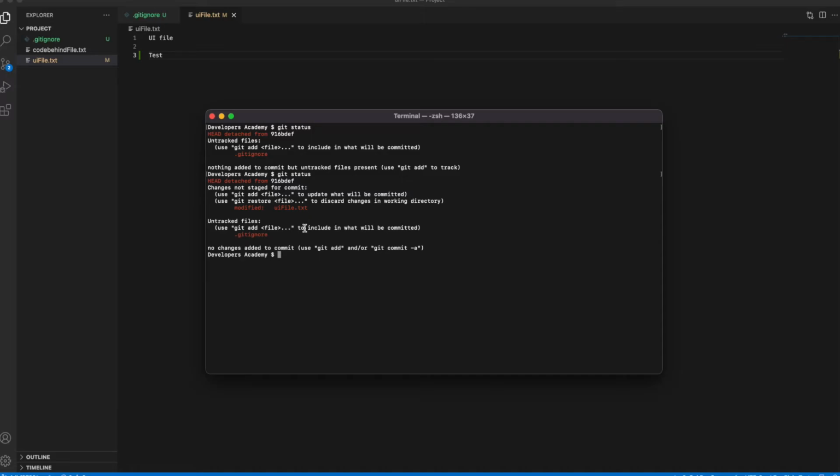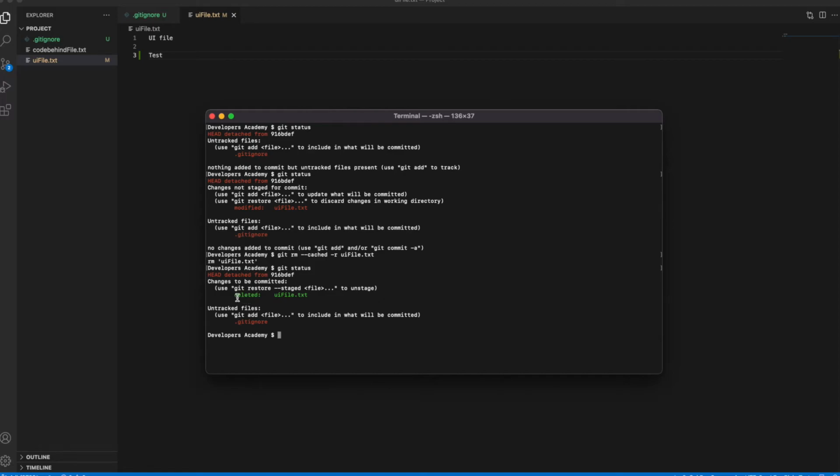So how to do this? Okay, so to do this, we will run the command git rm --cached -r and the file name. Okay, now we will check the git status.